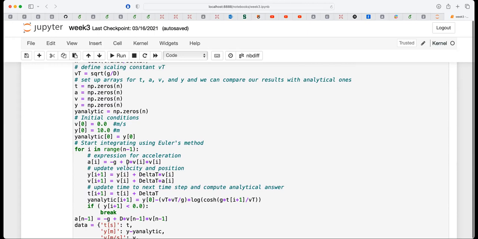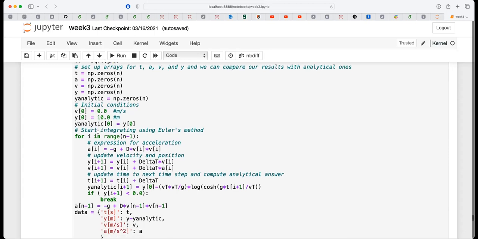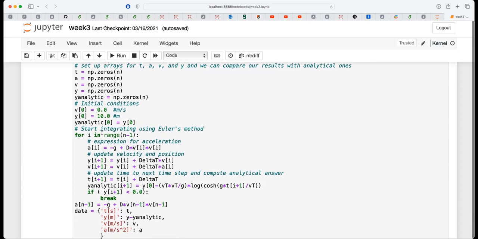But the code which you see here, this is the kind of code, one code to rule them all. And in your case now, what you have to find is the acceleration. So if you look at the Euler's method, the way it's implemented, you would start a loop after you have defined time, acceleration, velocity, and position. You put all these to 0. You define initial velocity and initial position. And then you can also calculate the analytic expression. We are coming back to these things next week.